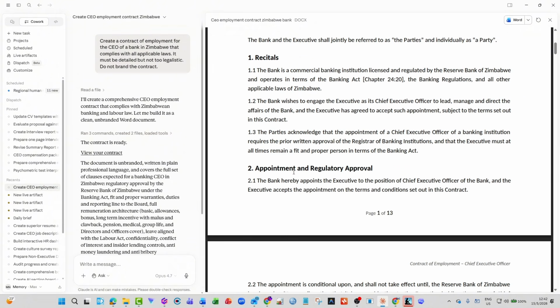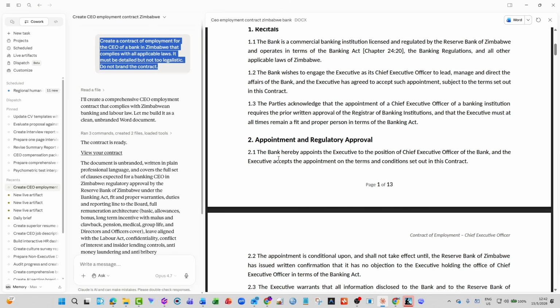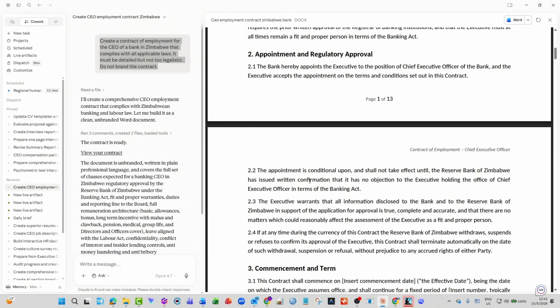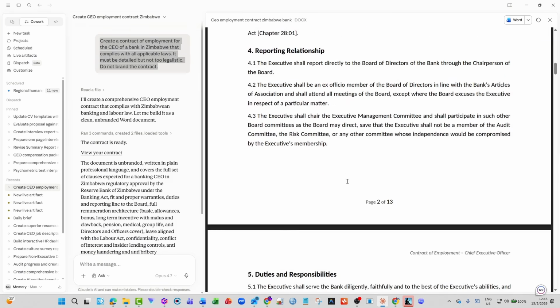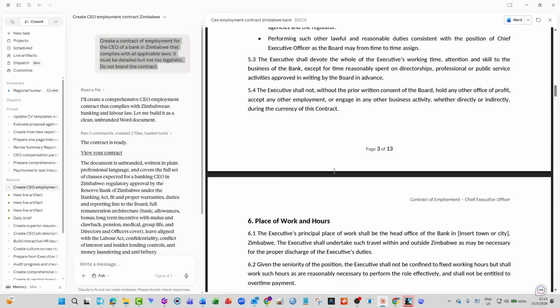So you can see recitals, appointment and regulatory approval. For example, most of the executives in Zimbabwe need to be approved by the Reserve Bank before appointment. It's clearly covered. The bank hereby appoints the executive to the position of chief executive officer of the bank, and the executive accepts the appointment on the terms and conditions set out in the contract. The appointment is conditional upon and shall not take effect until the Reserve Bank of Zimbabwe has issued a written confirmation that it has no objection to the executive holding the office of chief executive in terms of the Banking Act. So you can see all the things are covered: reporting, duties and responsibilities in detail,